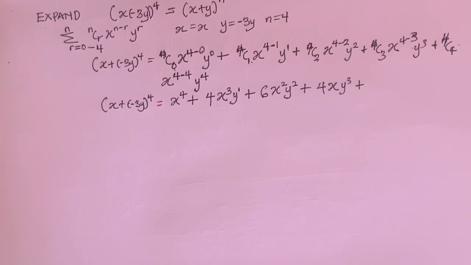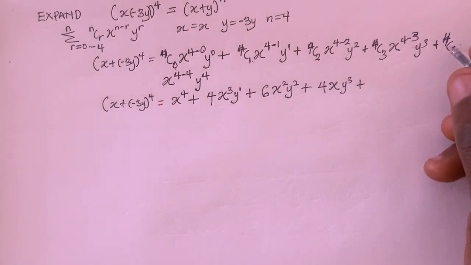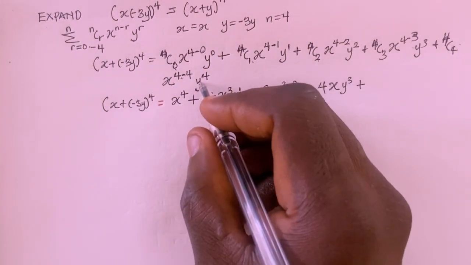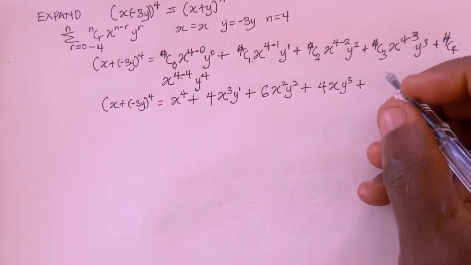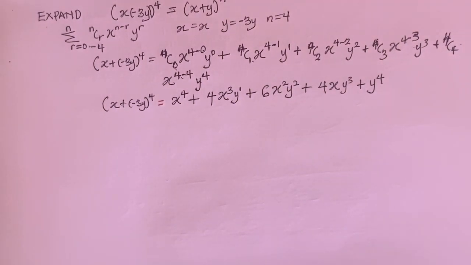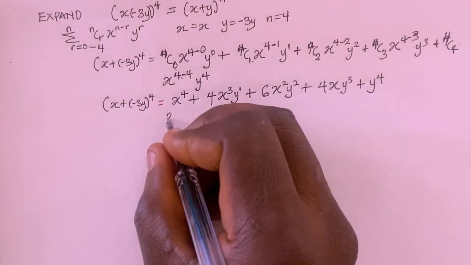So 4 combination 4, that's actually 1. So here I'm going to have x to the power 4 minus 4, that's 0. Anything to the power 0 is 1. Then I'm having just y raised to the power of 4. But now, we are not going to leave the answer like this, because we know that x